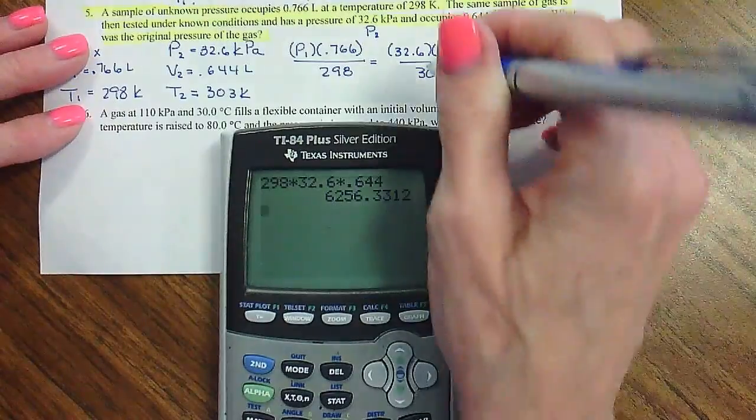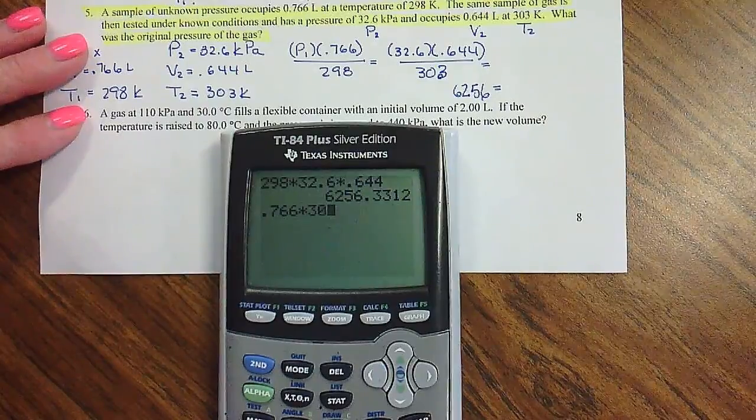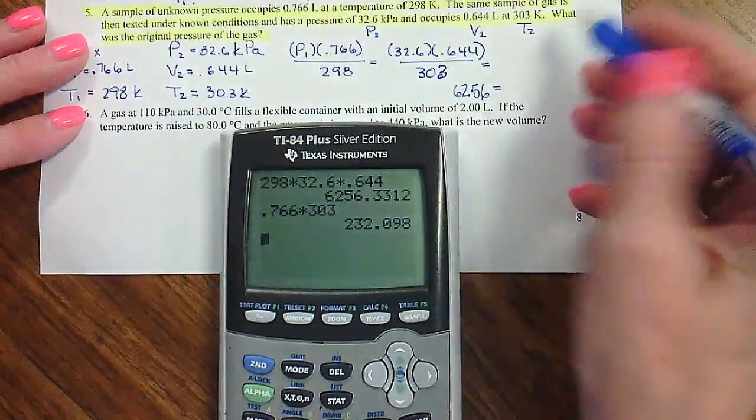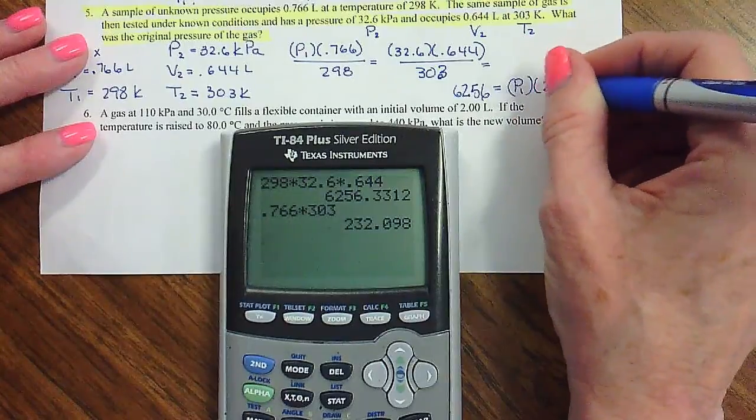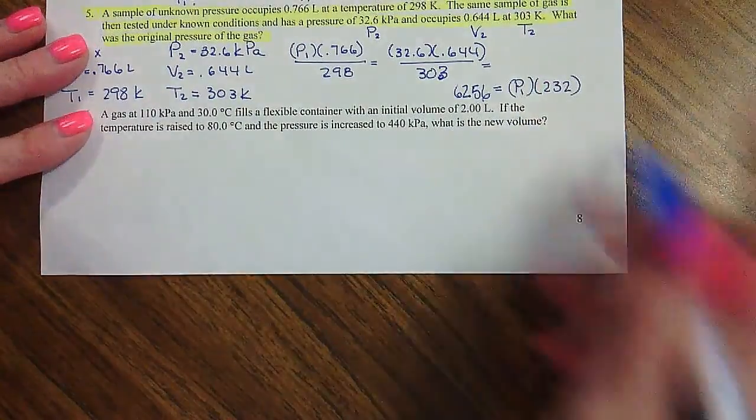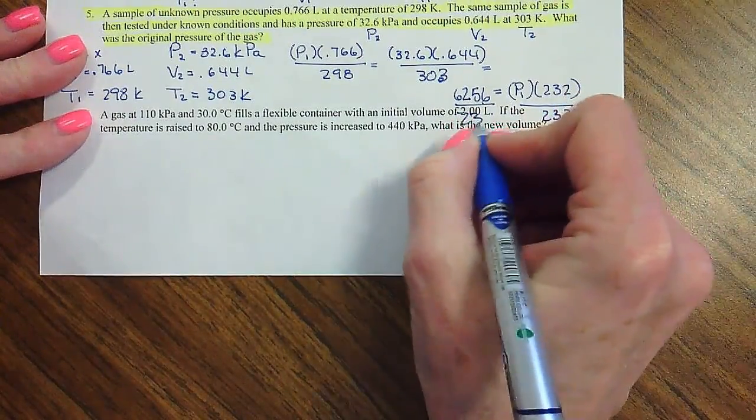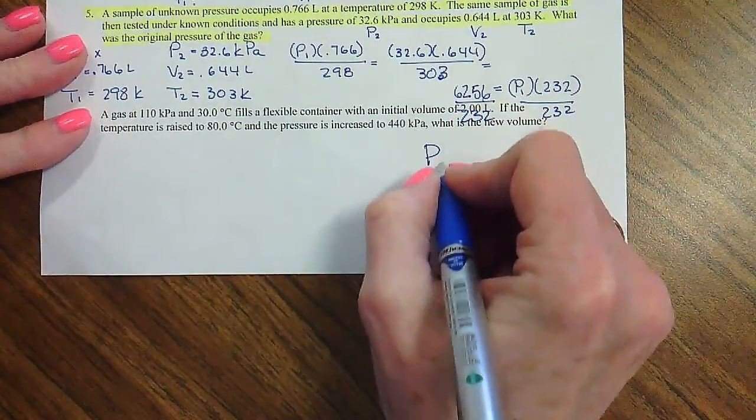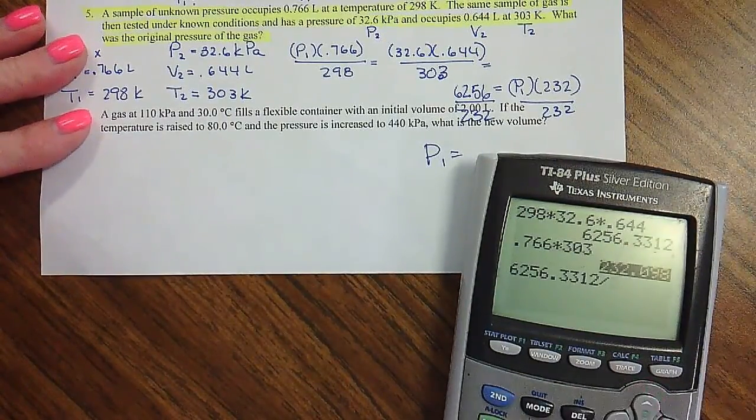And I'm going to set that equal to 0.766 times 303 times P1. So P1 times 232. Then I'm going to divide both sides by 232. And P1 equals, let's see, 62. Let me go back up here and grab this number. Divided by that number,